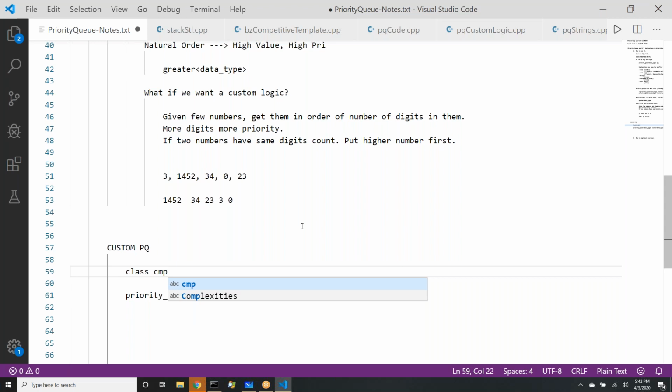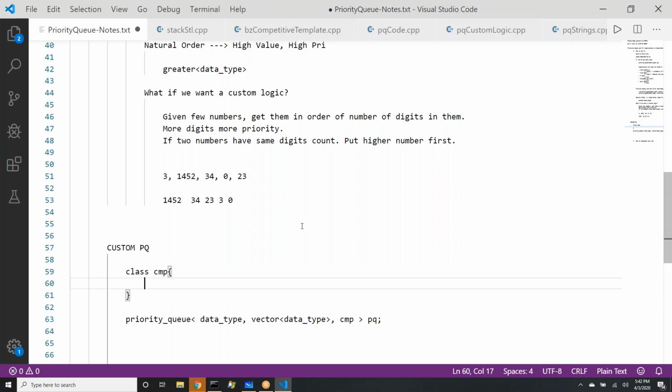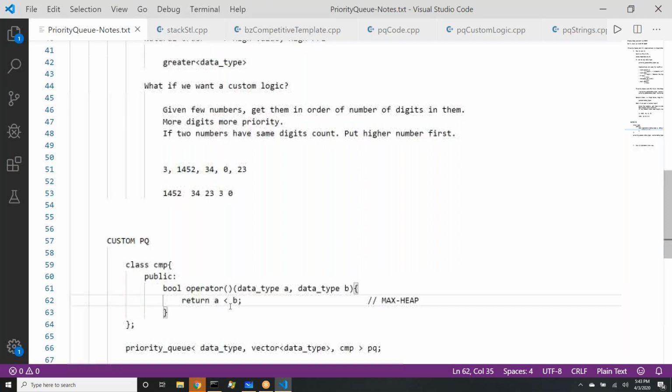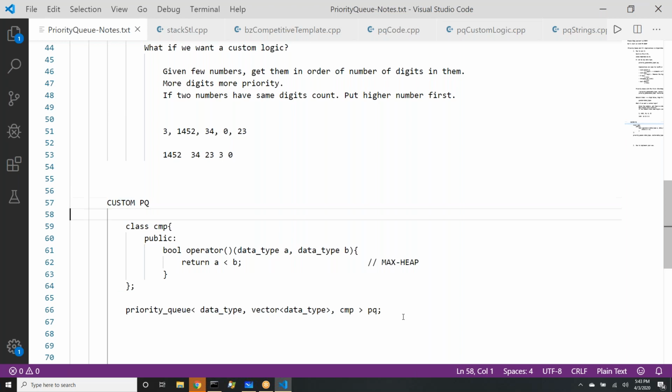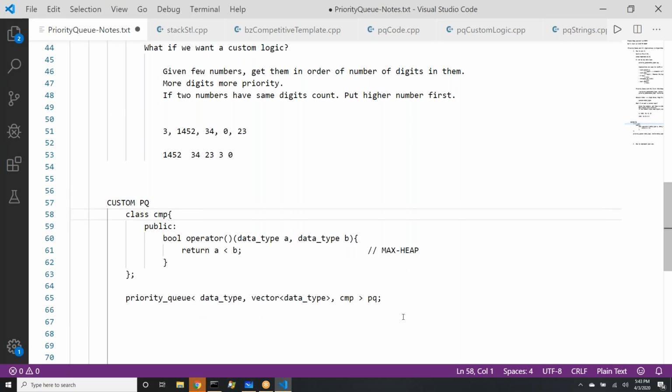Okay. So how do we put a custom priority here? We will say the comparator and PQ. This is how. Now the key question is to define this comparator. We will have a class CMP here. The function name will be operator, with A as the first parameter and B as the second parameter. So this is the syntax that gradually you need to get used to. This will help you create priority queues with any data type or with custom logic.